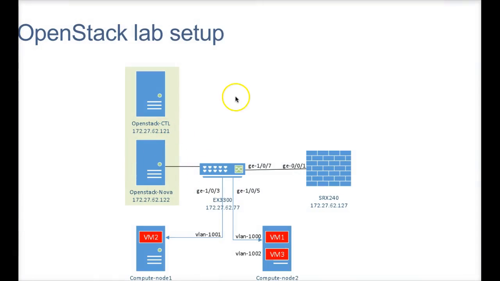Okay, and so we're going to show you the lab setup. We have two Ubuntu servers. One is the OpenStack control, one is the OpenStack Nova server, and then we also have two compute nodes that actually work like a hypervisor to create the tenant virtual machines. Now this is connected through a switch, which is the Juniper EX3300, and we will use the SRX240